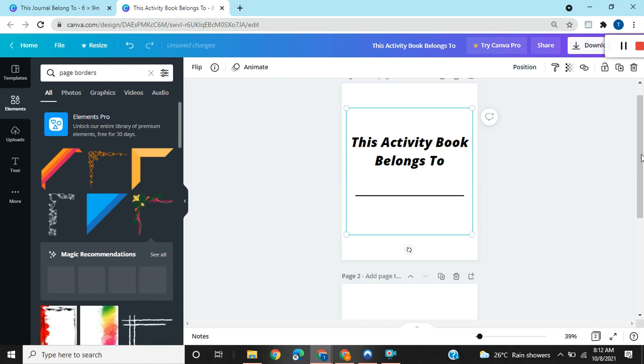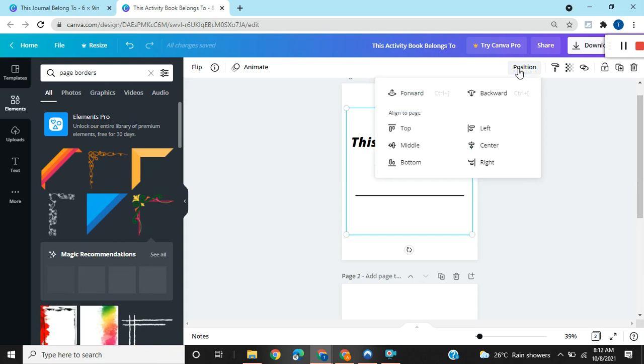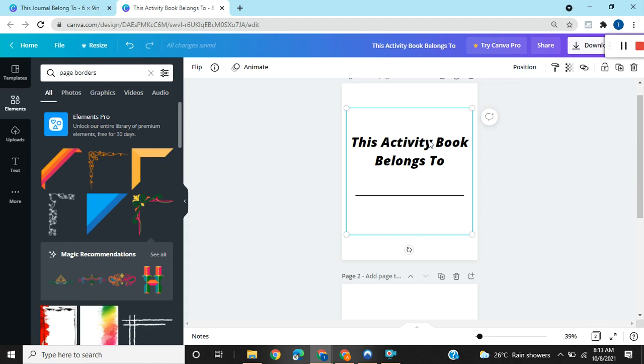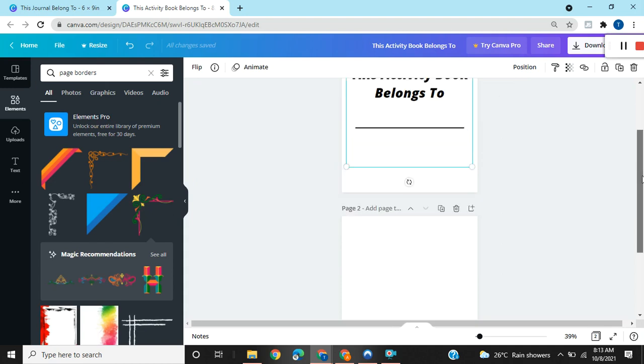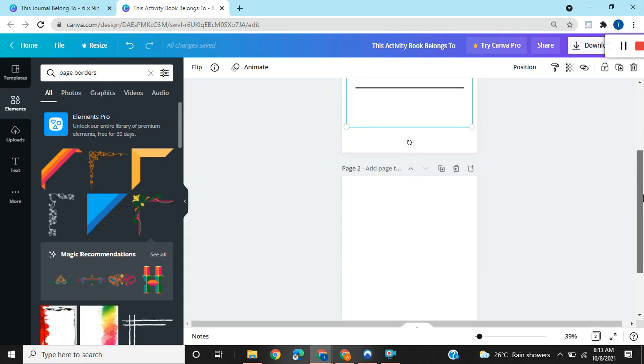let's go to the next page. Let's see. I'm going to send this backward. The reason I sent it backward is because if I want to do a color change, or if I want to edit my text, sending it backwards makes it easier so I can just click on the text and I don't have to worry about the design being over the text. All right, now for our next page,